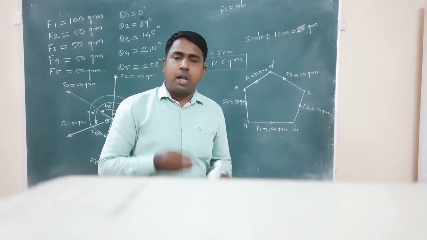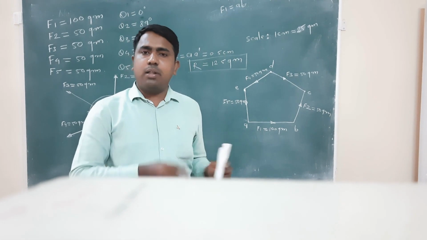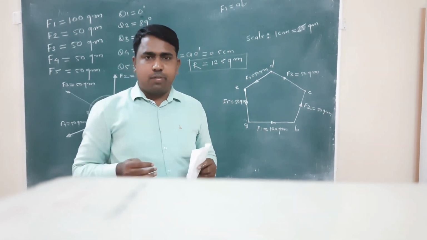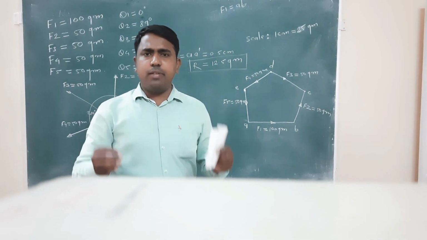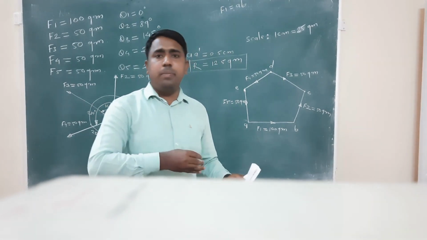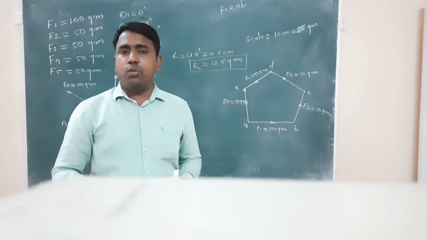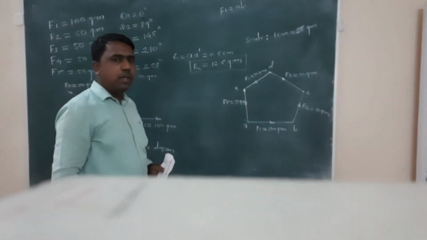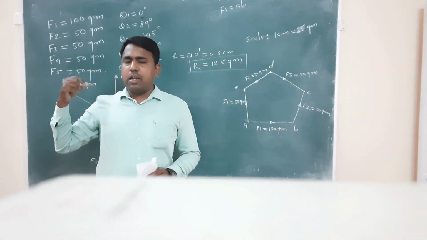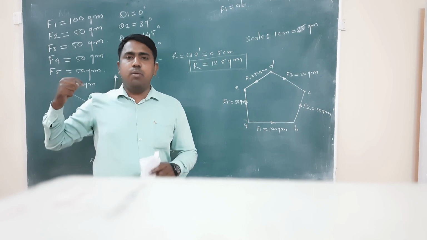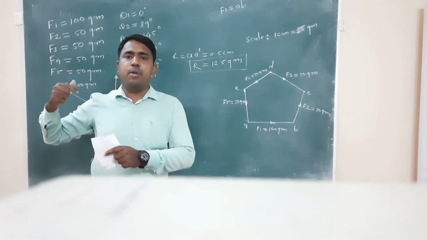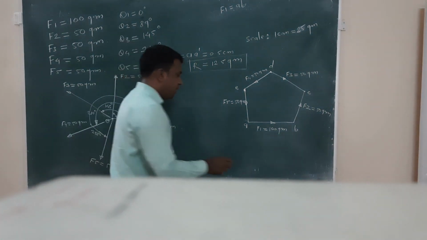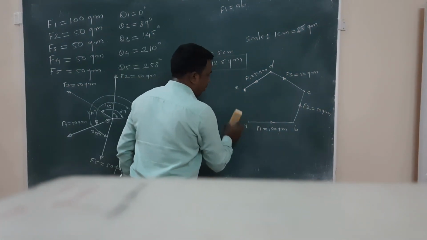नहीं close polygon आया तो जो भी वैल्यू आएगा, that value we have to write in the observation table, that value we have to write in the results, that is our R, resultant of the forces. So it should be around zero, के अराउंड आना चाहिए, because our reading is for the इक्विलिब्रियम फोर्सेस। तो इक्विलिब्रियम फोर्सेस की रीडिंग है तो अपने को क्लोज आना चाहिए।